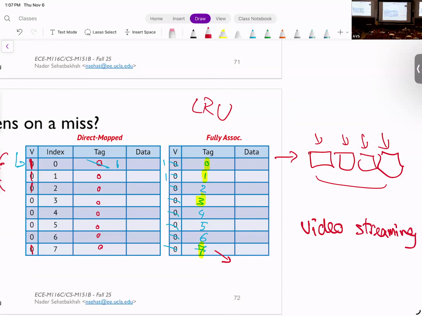In video streaming, do you rewatch the frames that you load? No. So your temporal locality is terrible. Your spatial locality is great, temporal locality terrible. So you actually don't want to keep things in the cache that much. You want to kick them out as soon as possible, because if I keep kicking this out, this provides